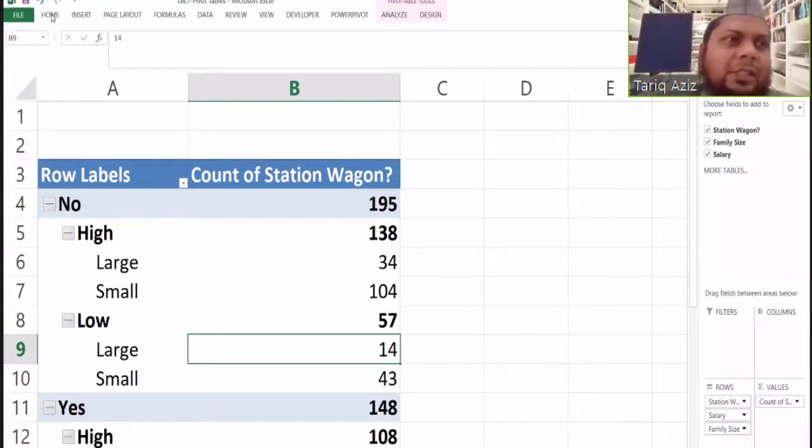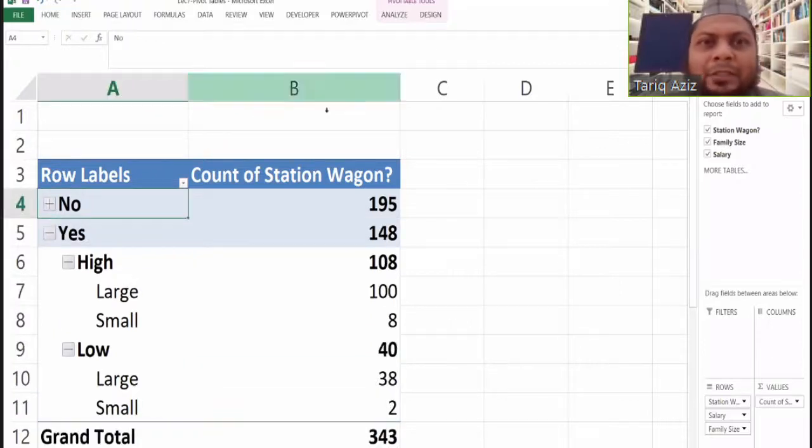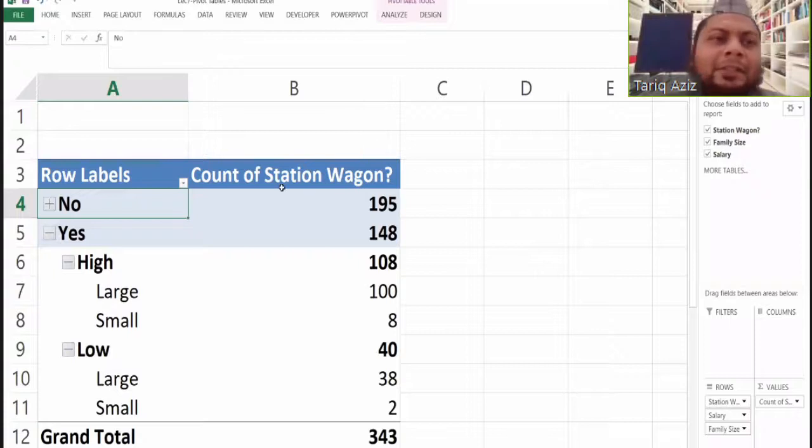Actually, there are a lot of features associated with the pivot table and pivot charts. So if you try to apply these on your own, then you will learn a lot. This is a trial and error process through which you can learn a lot. But the basic point is that through pivot table, you can tabulate a large database.